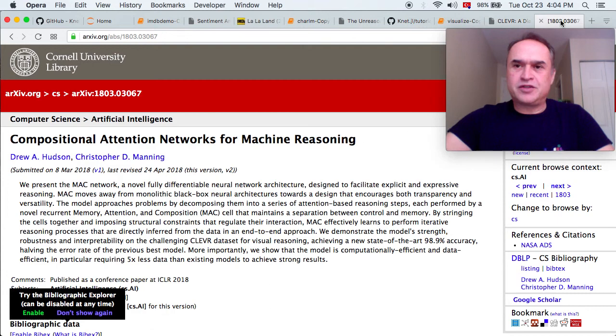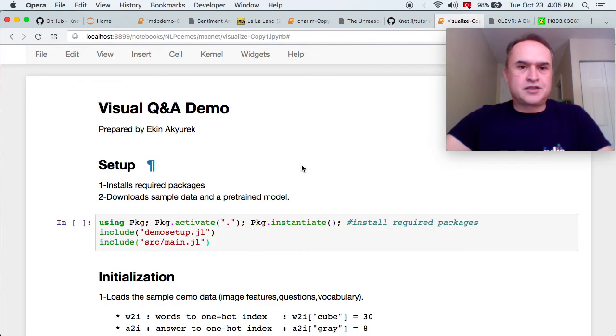Lately, models have gotten pretty good at doing this task. We're going to look at the MACnet model written by Hudson and Manning in 2018 and described in this paper, Compositional Attention Networks for Machine Reasoning. In this demo, Ekin Akgüret, my student, ported the MACnet model to Julia, and in this first